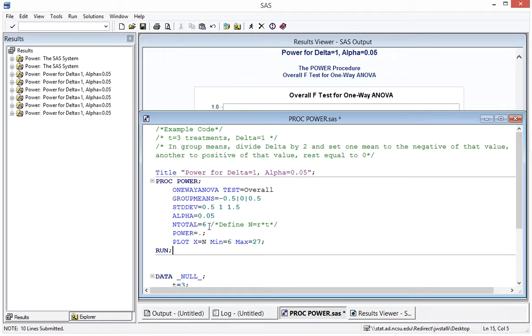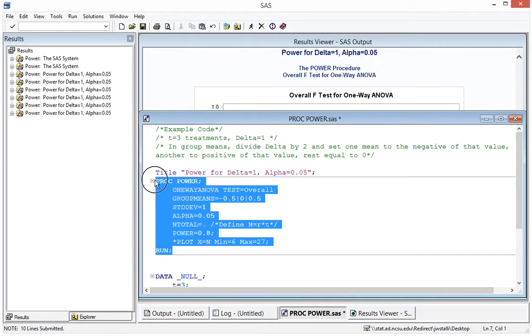Another thing that's nice about PROC power is, let's say I have a desired power. Let me make all this back to what it was. So I have a power that I want, but I don't know what sample size to use. So SAS can actually back calculate that for us, which we didn't see in class. So I'm going to change n total to a period. Let's say I want a power of 0.8. So I'm going to comment out this line. And so let me highlight this,